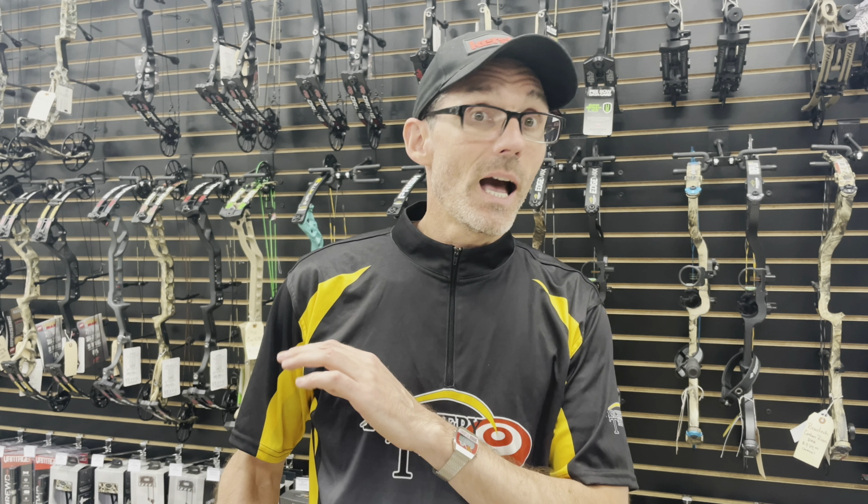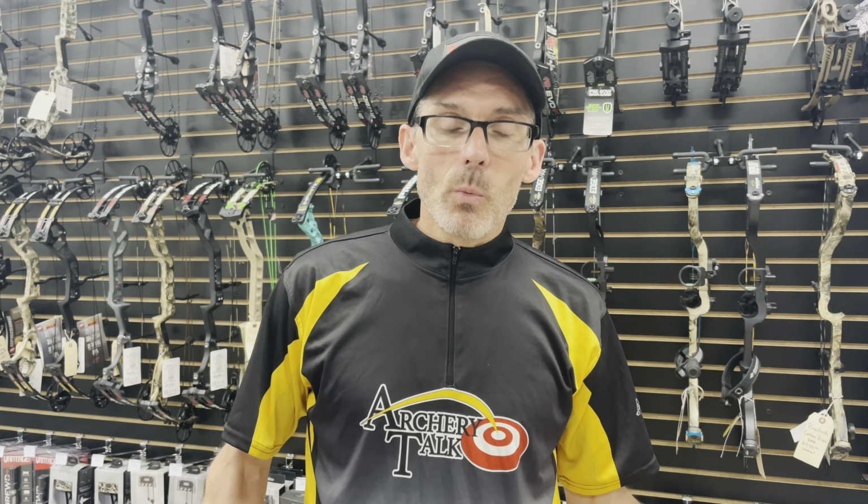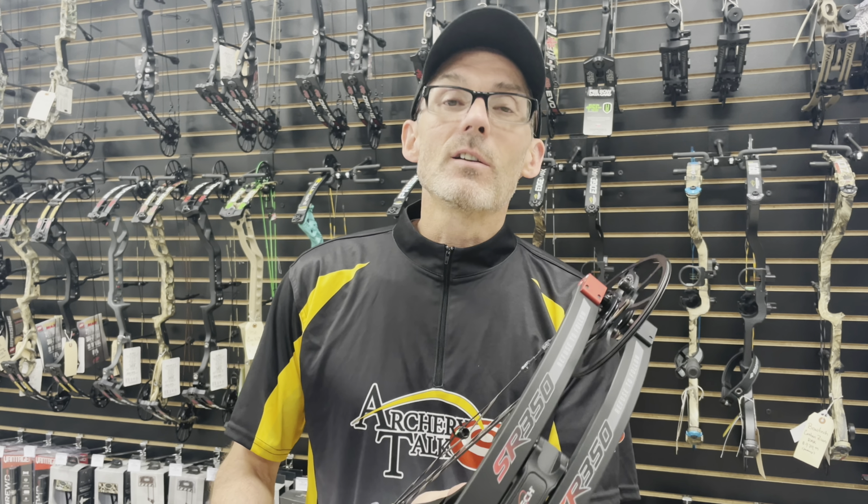Tunability is up next, and again, the speed bows lead the way here. Bowtech's deadlock technology and Elite set technology are absolute industry leaders when it comes to fine-tuning your bow. If I have to pick a winner, I'm probably going to go with Bowtech and the deadlock system, mostly because